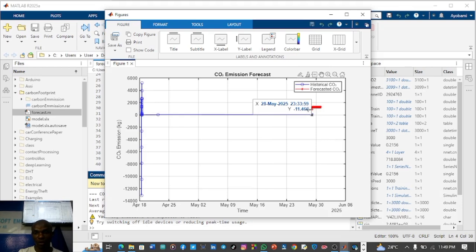And then okay, good. So here it is. The last one is this, which is the 28th of May, and here I'm having the 30th of May. That means in 3 days' time, what are the CO2 emissions that will occur? And this, you can see, you can choose this from here, put it on my y axis, which is